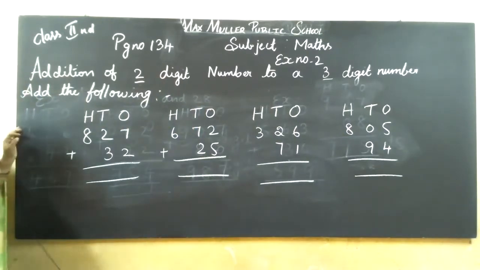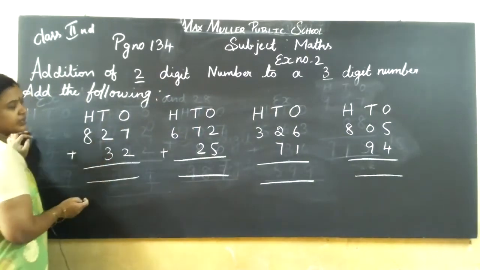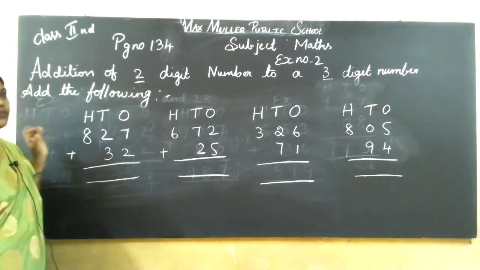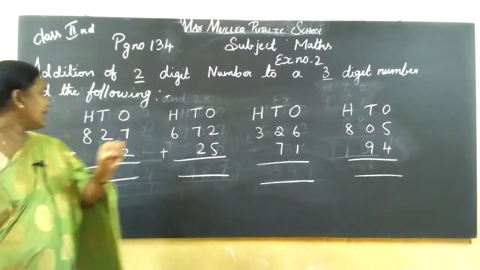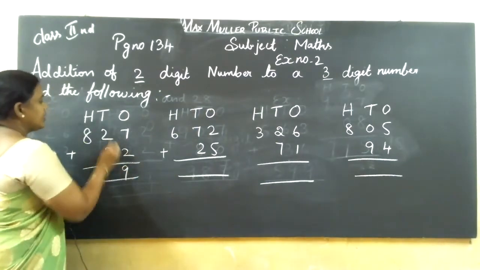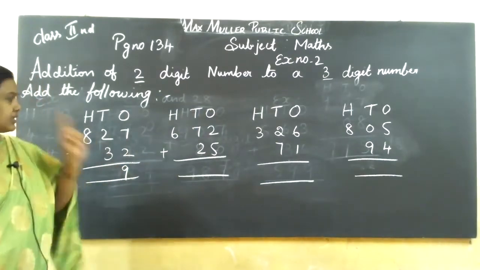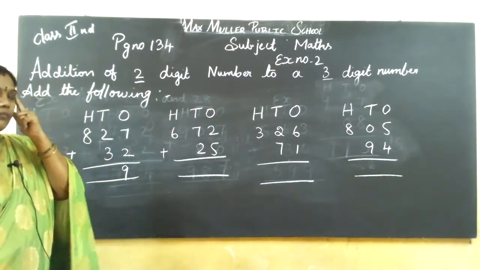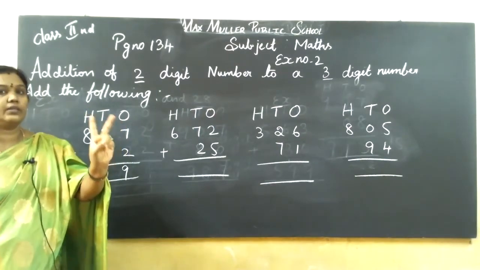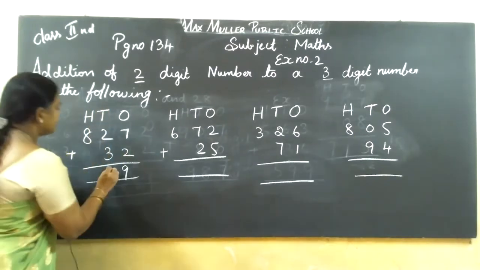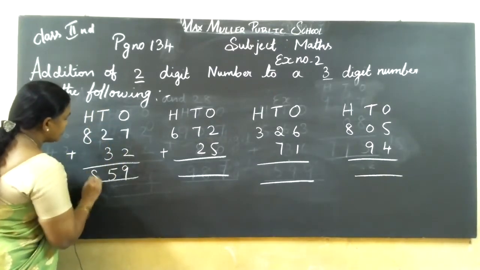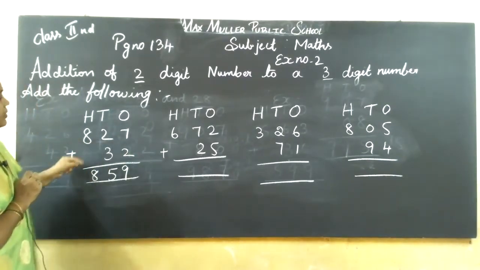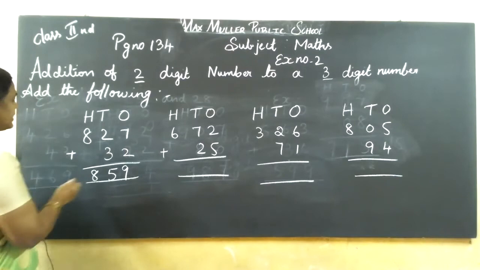First, which one will we add? Ones column. First, we will add the ones column. 7 in the mind, 2 in the finger. After 7, 8, 9. 3 in the mind. See, this is the big number, no children. You want to keep it in the mind. 3 in the mind, 2 in the finger. After 3, 4, 5. 8 you want to write. If no number, as it is you want to write. If a number is there, you want to add plus and write.